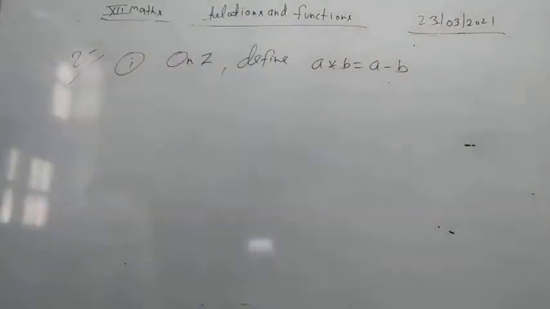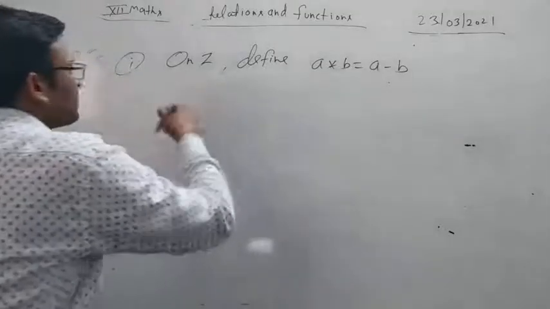Now students, we have to check whether this is commutative or not, associative or not. Okay. So first,